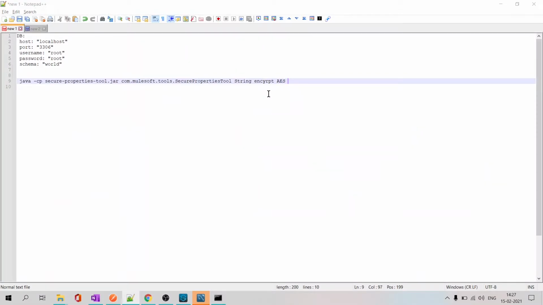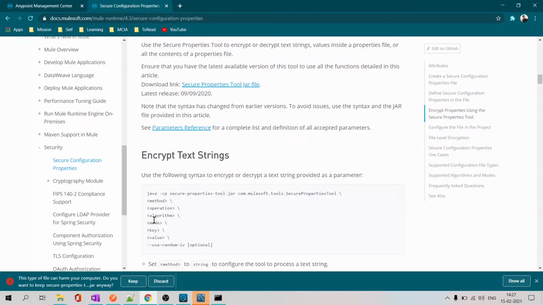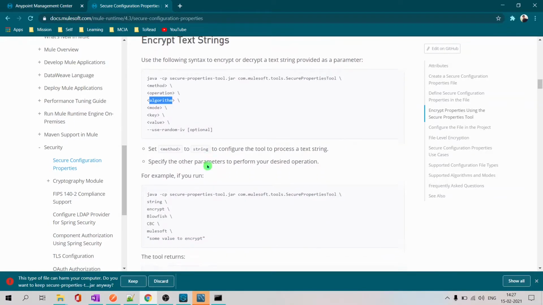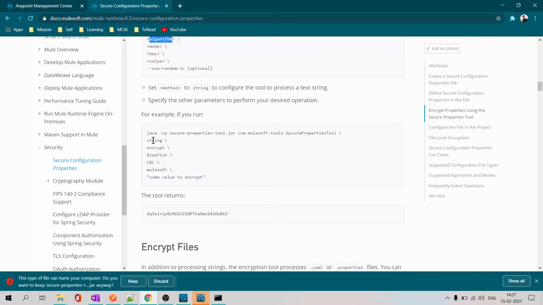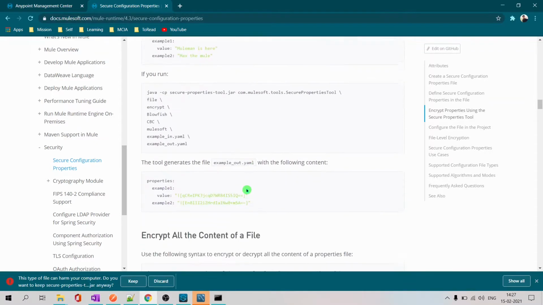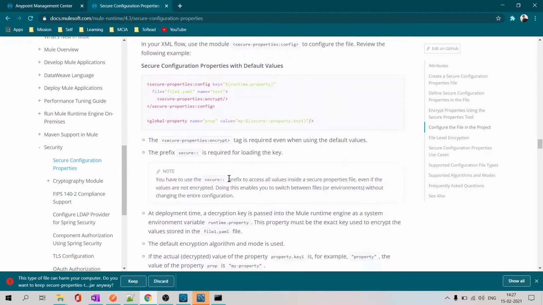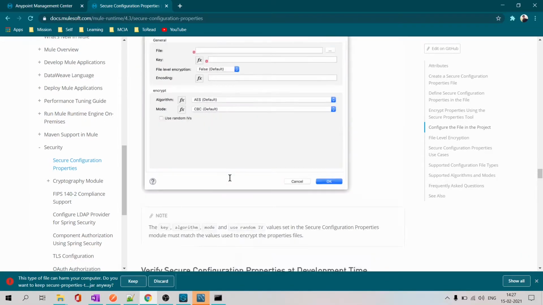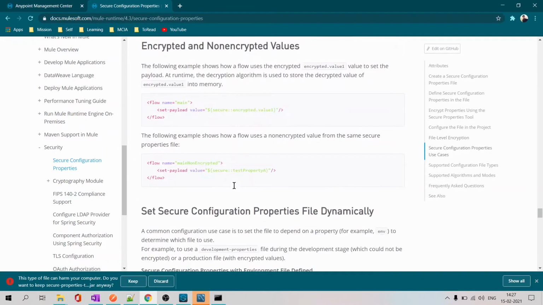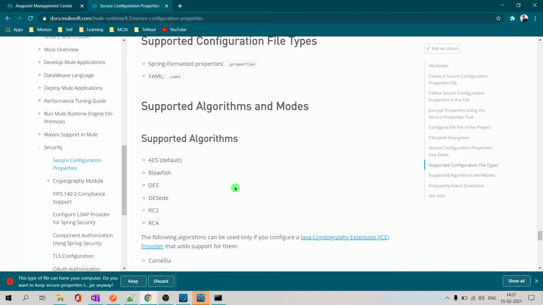Let us use AES and mode. In the AES algorithm, if you go down, you will see a sample string encrypt. Blowfish is one of the encryption algorithms. We are using AES. See all those method names here. Go down. They tell you all the recommended and supported algorithms, right?